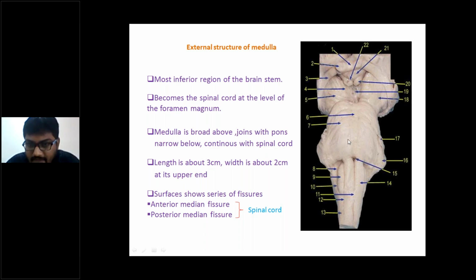And this image was in an AIIMS entrance examination, AIIMS PG. Number 15, number 20 are given. Actually 20 is asked today. Do you know 20? What is 20? Okay.